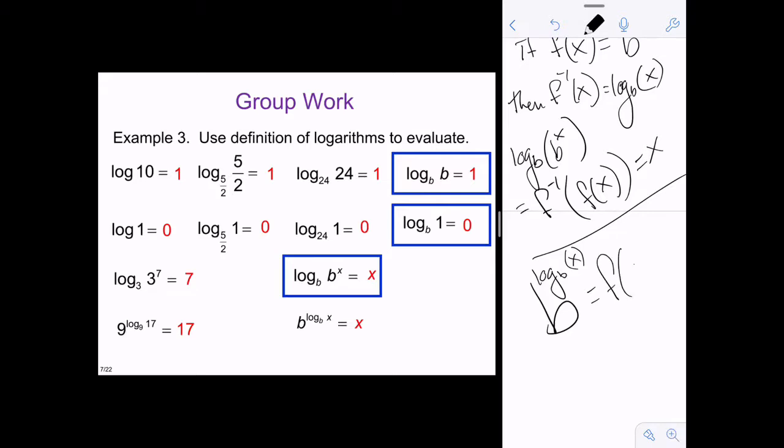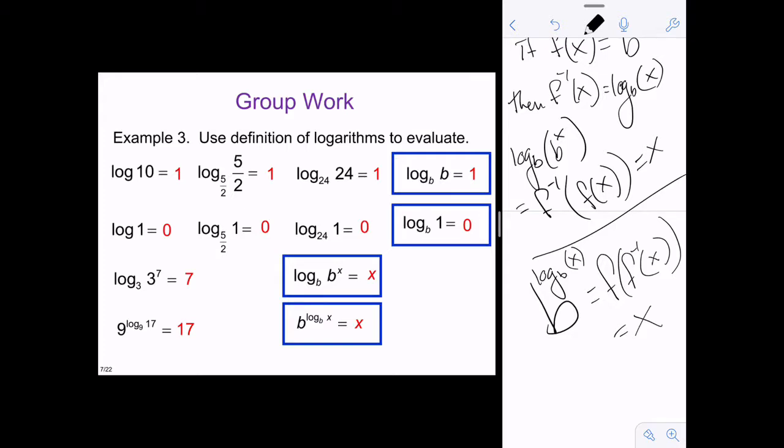This is f of f inverse of x. And again, it's supposed to equal x, because that's the whole point of inverses: when you compose them, you get back your variable. Oh my gosh, what a weird thing. Isn't that cool? So this is kind of the other way that you can undo logs. If you feel really weird about flipping back and forth between exponential and logarithmic form, this is why you can do it,